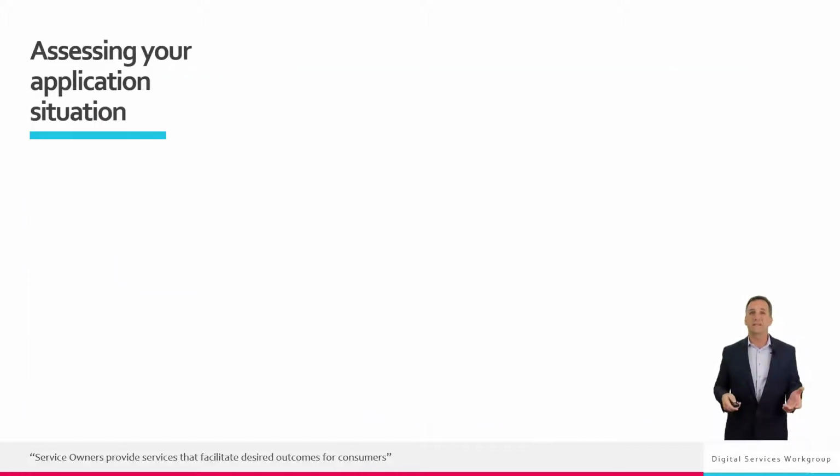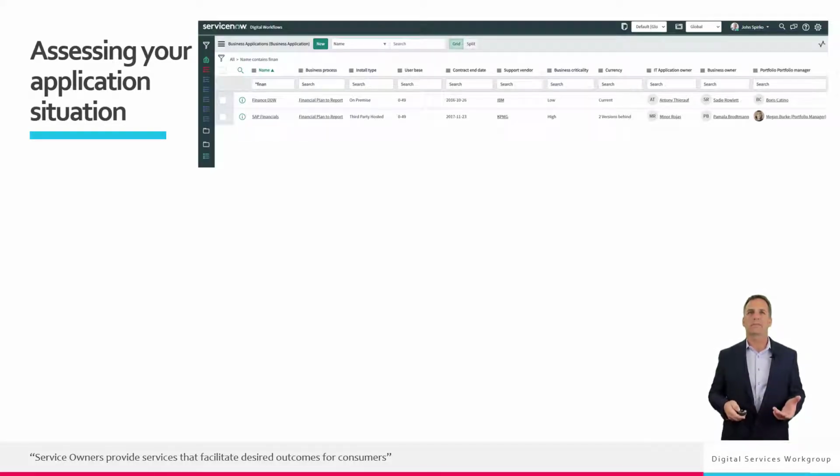Somewhere there is a list in your organization, or more than likely multiple lists, of applications that your organization is paying for. Something like this one. These are assets, so there's typically going to be a lot more information available on these records than there would be on the capabilities records that we talked about earlier. Starting from the right, you can see the stakeholders. Some of those you'll probably want to become pretty good friends with over time. You can also see the vendors, the contract terms, compliance and use information, and sometimes even costs are listed with